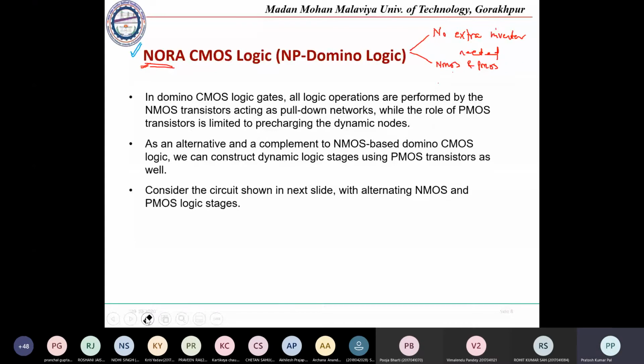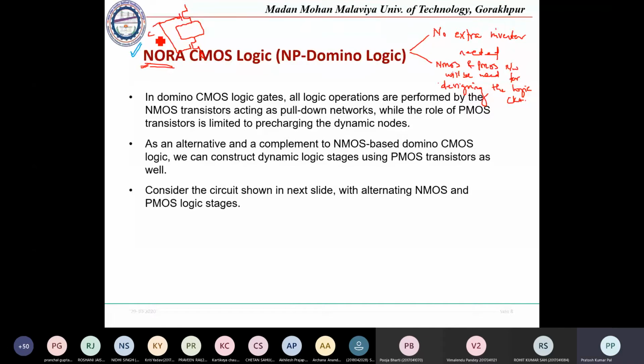So in case of NORA logic, PMOS and NMOS networks will be used for designing the logic circuit. So in the domino logic, the logic was designed because of only the